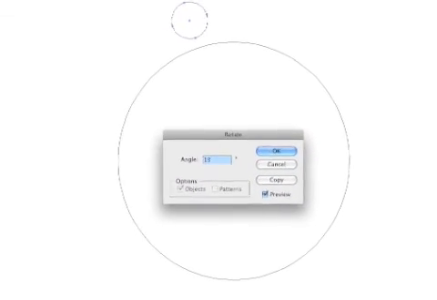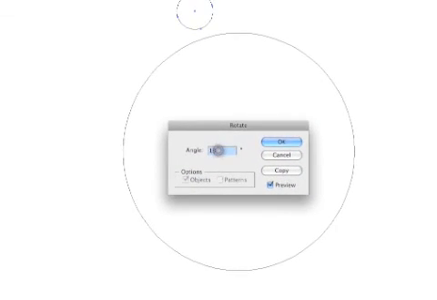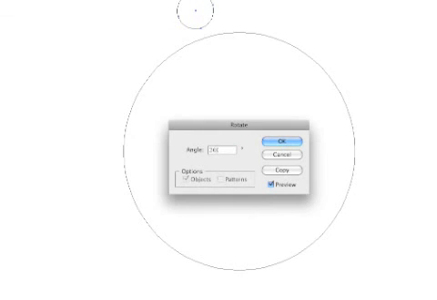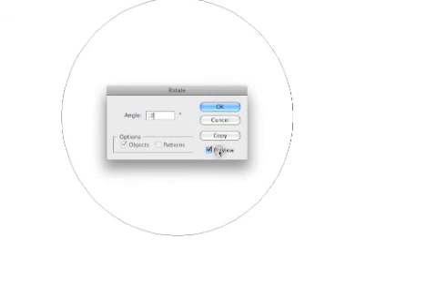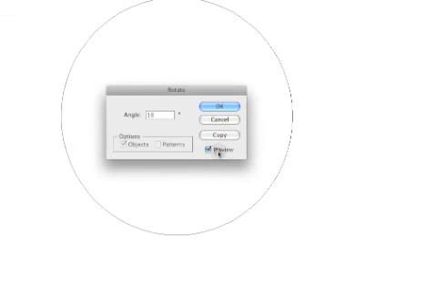Now we know that there's 360 degrees in a circle, so we type in 360 and now let's say for instance we want 20 circles, so we divide that 360 by 20, and then we preview that first of all, and you can see that the circle's moving around, but then you want to copy it. Okay, now to duplicate that operation so you'll get the next circle is that you press Command and D,